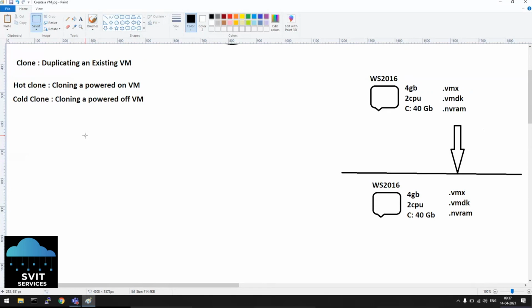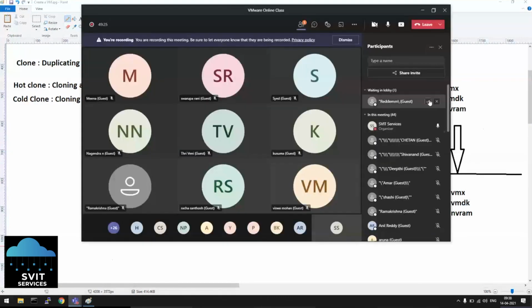Clone is also the same. Hot means the VM is powered on and running. There is no difference, except if it is powered on, it will take 5 minutes extra than cold cloning, because in cold cloning nothing is running, everything is stable. We just copy paste, and it will be quickly copied. If it is powered on, some read and write operations will be happening on this disk. This disk will be in use. It will be busy. You are trying to copy paste and it is busily running with some application. So it takes some time to complete the clone. That's why it will take some 5 to 10 minutes extra than a normal VM.